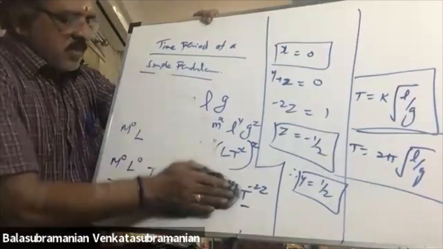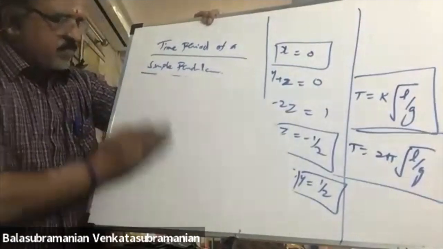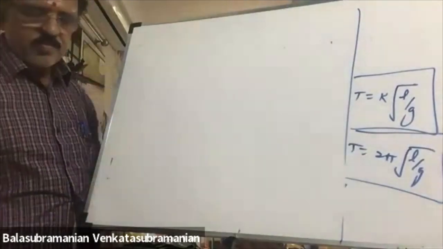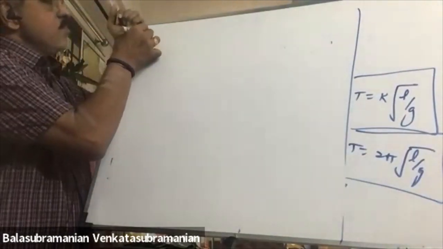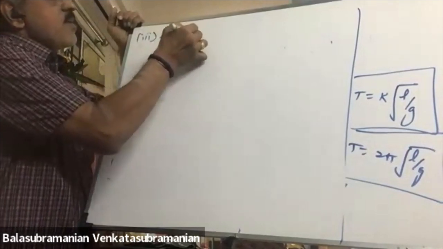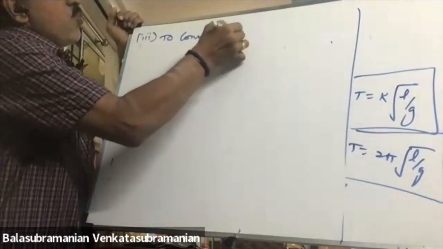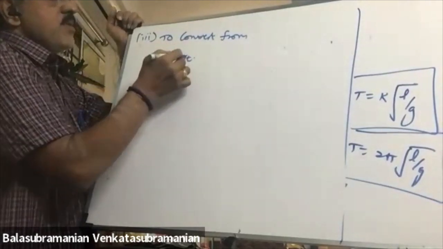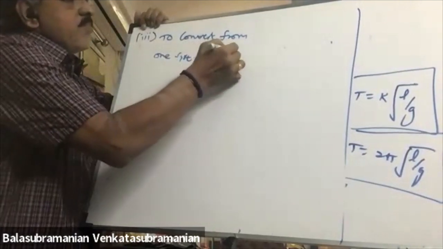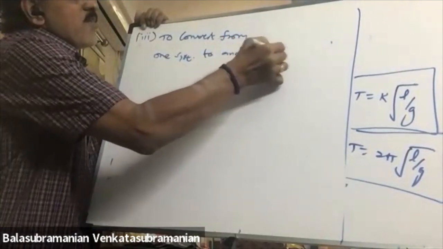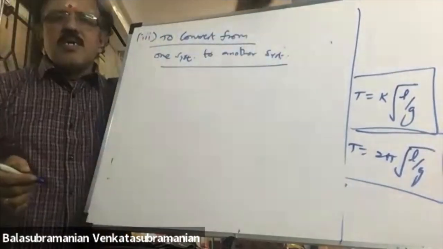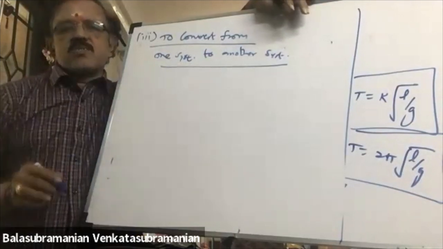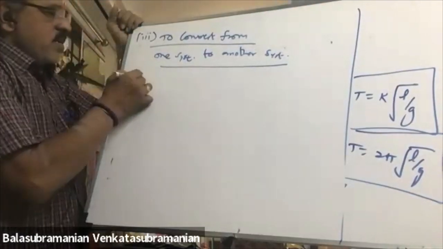Third usage of dimensional formula: to convert from one system of unit to another system. MKS to CGS, CGS to MKS. Convert